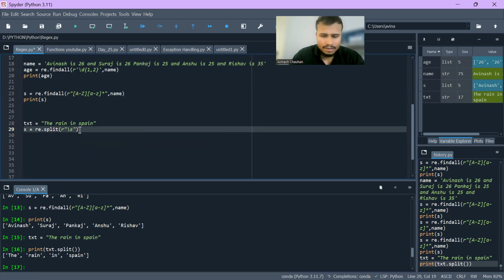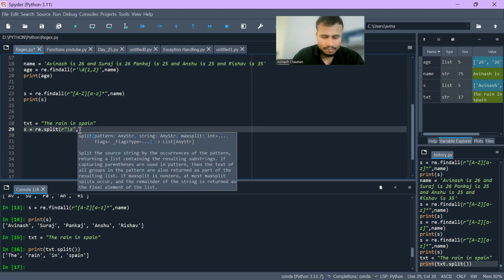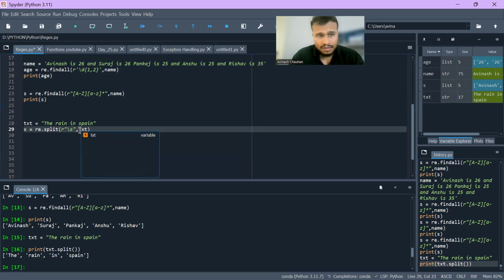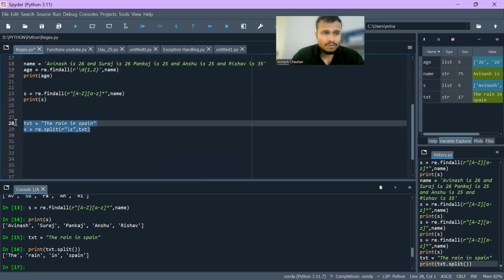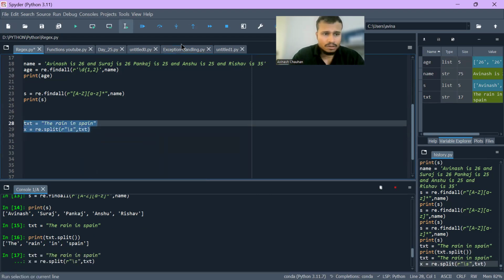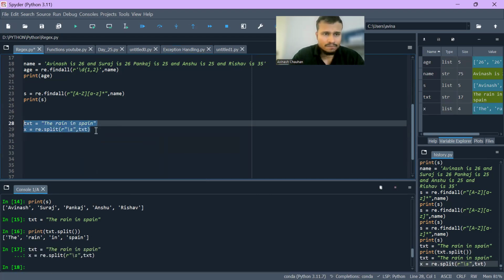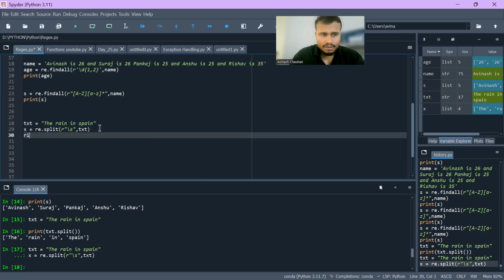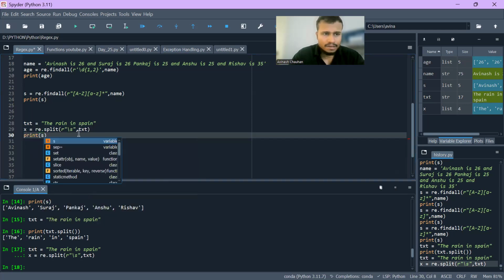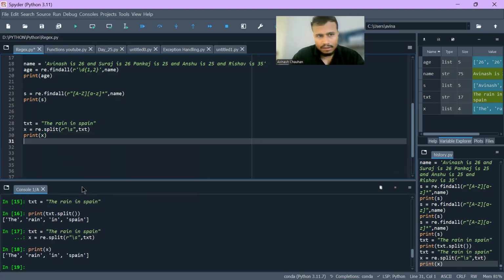And here I will write the text from the txt. If I execute this line of code, first I have to print it, print x. When I printed my variable x, you can see that it's being separated